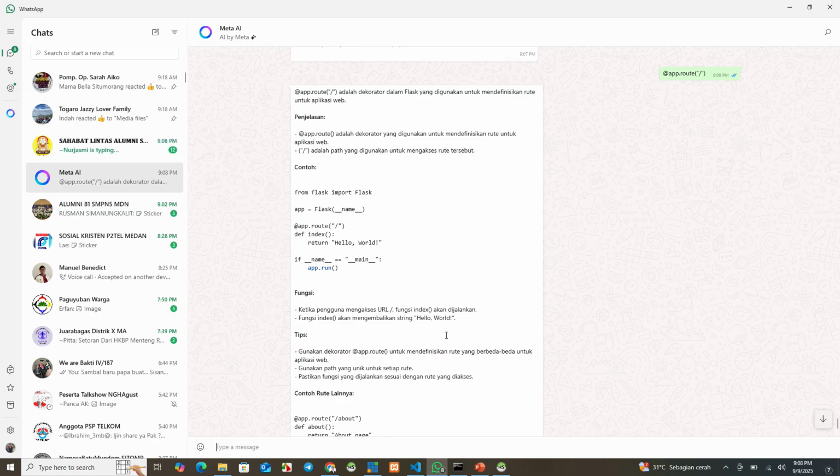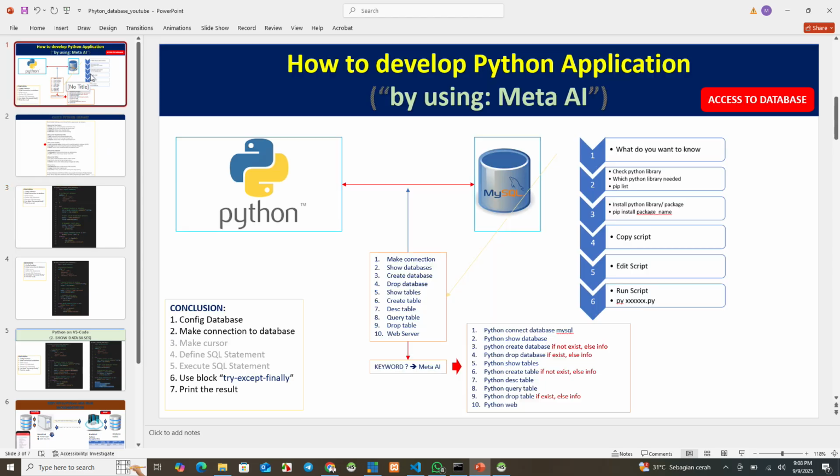Yes, all of this information we can take from AI, artificial intelligence, but in this case we use Meta AI from WhatsApp to know or to develop applications by using Python. Okay.